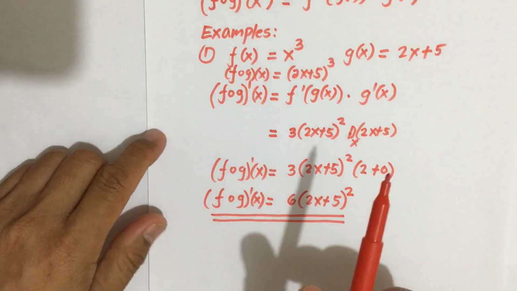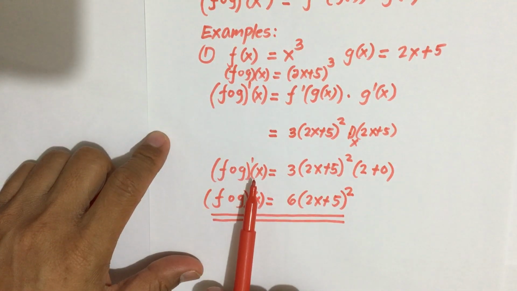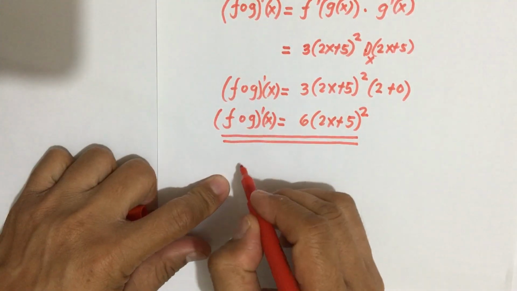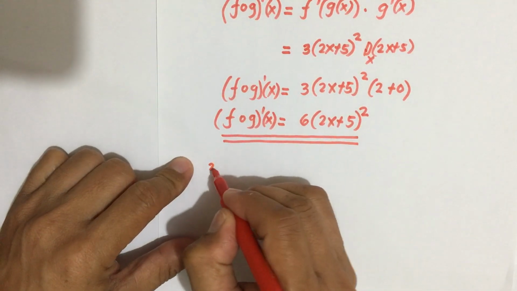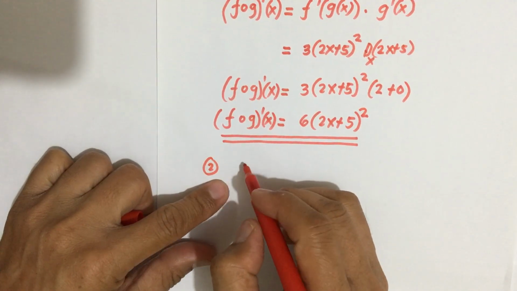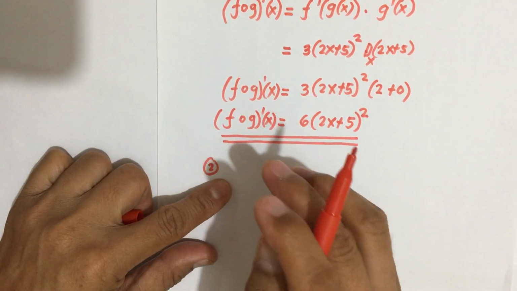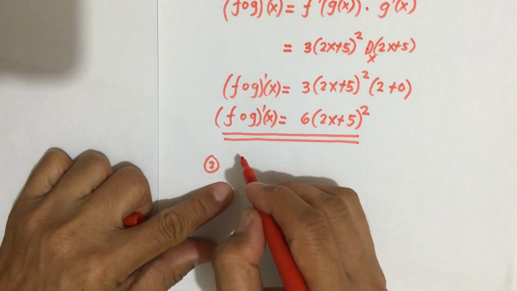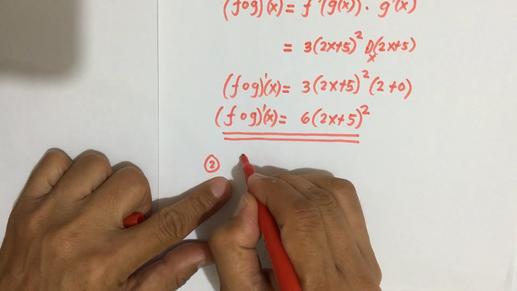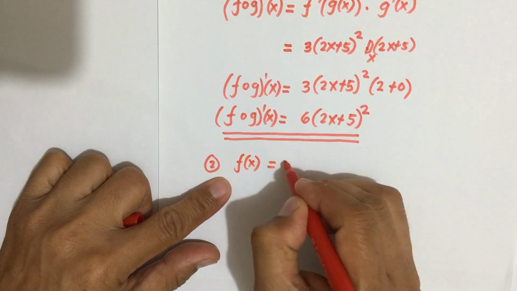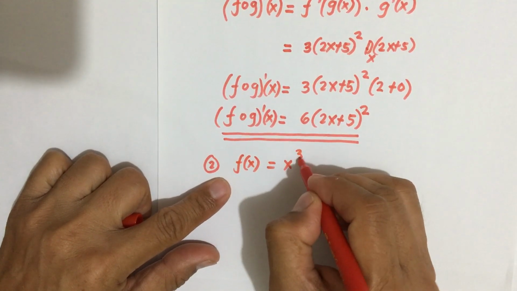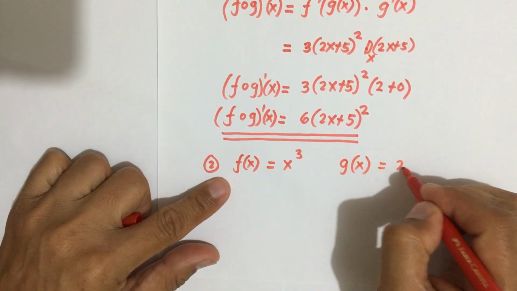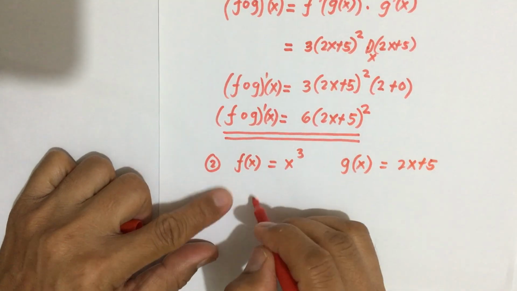So take note, class. What if I want you to practice this one? This is our example number 2, but I want you to solve it by yourselves, just to test if you really understood what we are discussing now. We are given the same f(x) = x cubed, and you are also given another function, g(x) = 2x + 5, but now you are asked to find